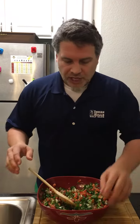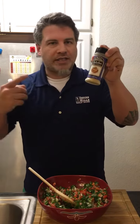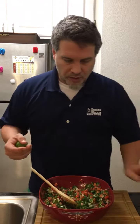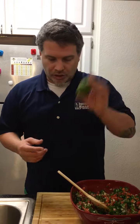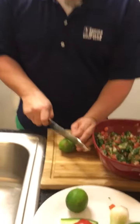So there's no flavor. The key is the lime. I use adobo, great seasoning. I use it a lot. And then ground black pepper. So lime juice and citrus is important in how us Hispanics use it. So I want to show you something here. This lime,